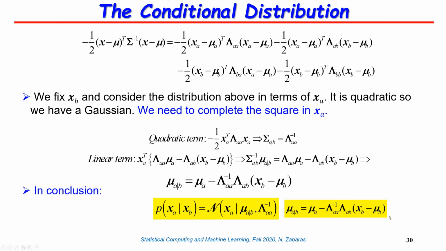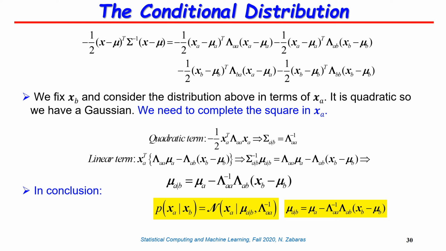Anyways, a trivial calculation of closing the square gives you the formula on the bottom, and this is a formula that you will need to use all the time when you try to compute conditionals from a joint Gaussian distribution